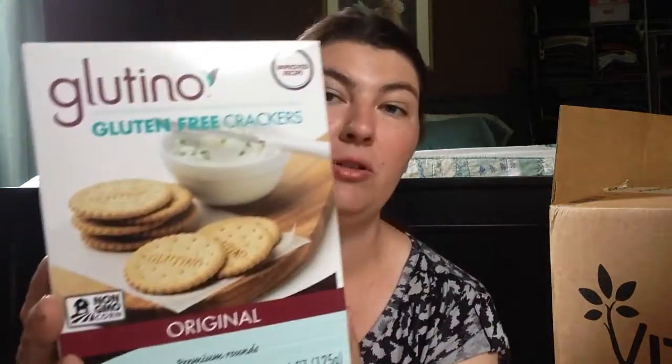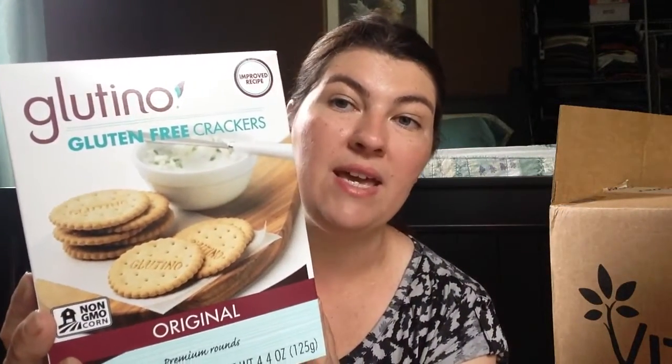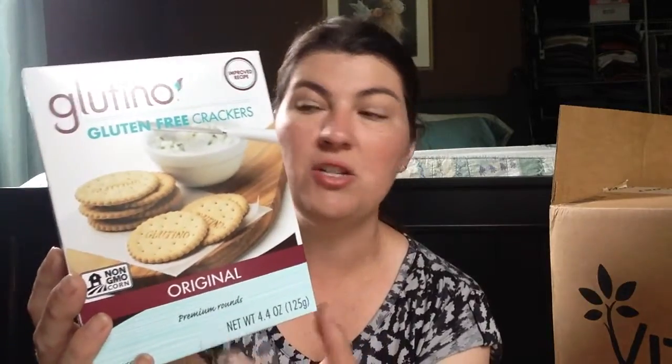So the first item that I have in the first box is the Glutino. These are the gluten-free crackers. These are the original. They're just like your plain crackers. These are so great with meats, cheeses, any type of dip that you want to use them with, and I just really like these. I mentioned in a previous video, I think it was the June Vitacost haul, that I like these with a little bit of Enjoy Life chocolate chips and also with a marshmallow melted on it,